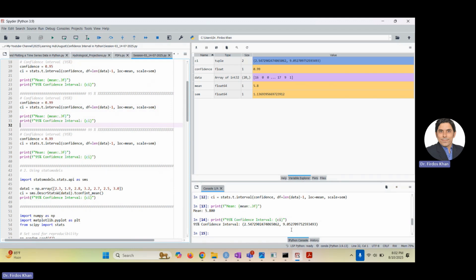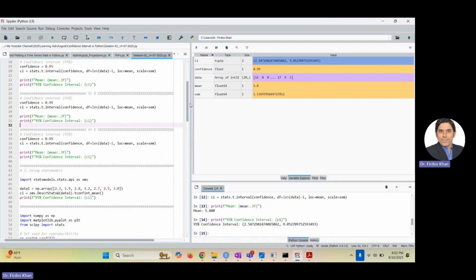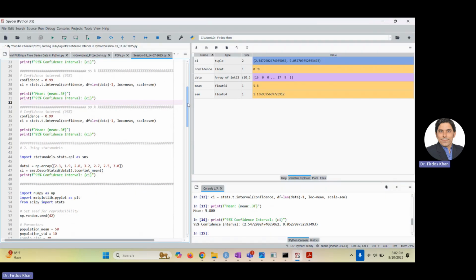2.55 and 9.05. Look at this, 2.55 and 9.05. And we can be 99% confident that it is between 2.55 and 9.05 parts per million in the milk nursing model. That means the PCB amount. Okay, so this is all about how you can calculate a confidence interval